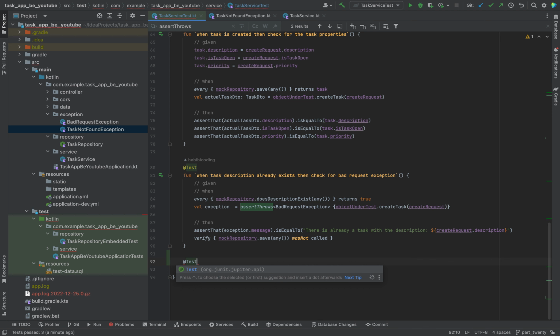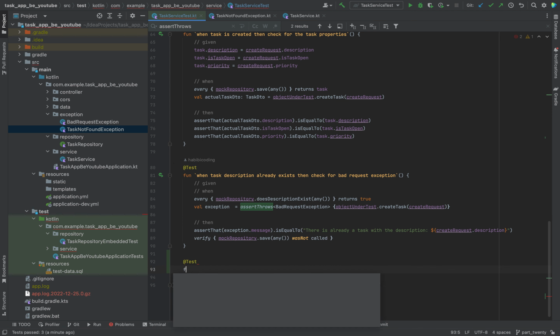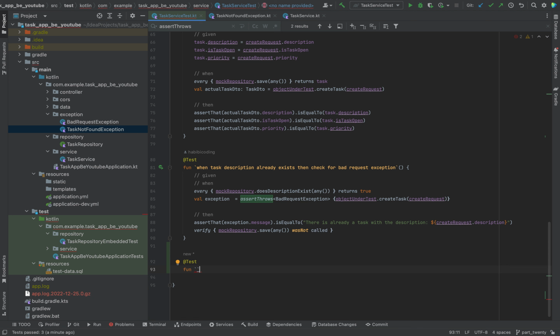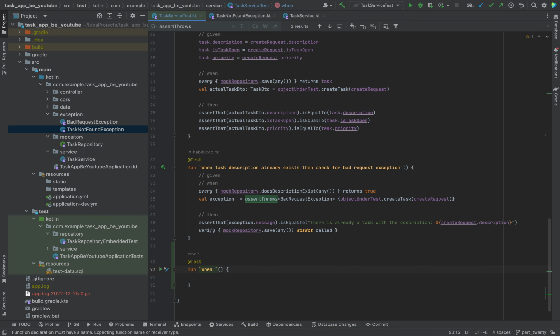So create a new test class here. Okay, curly braces. So then, when get task by ID is called, then accept task not found exception here. So now